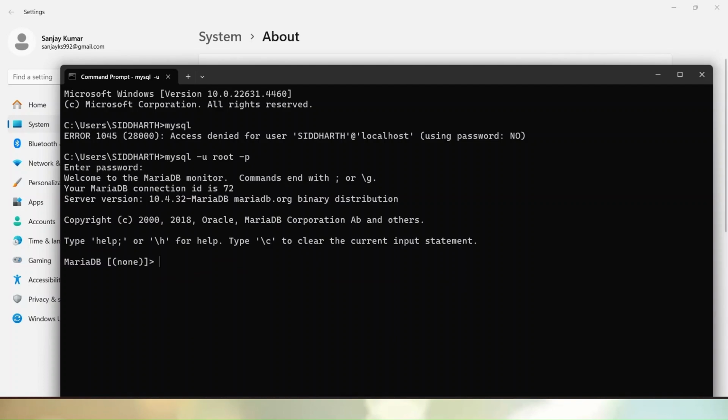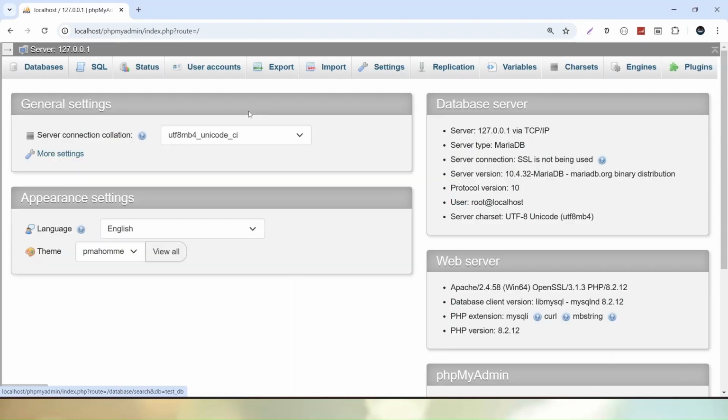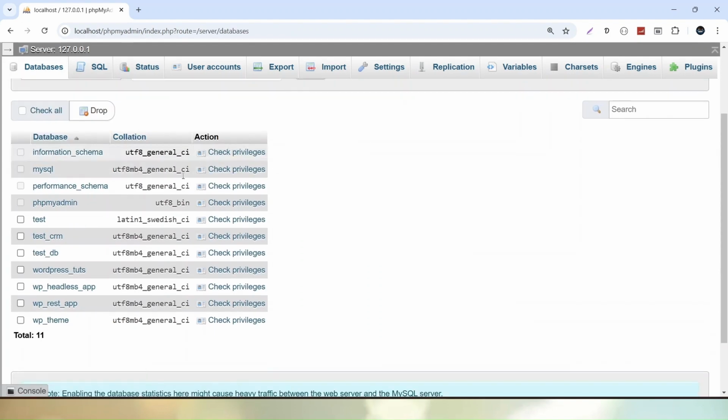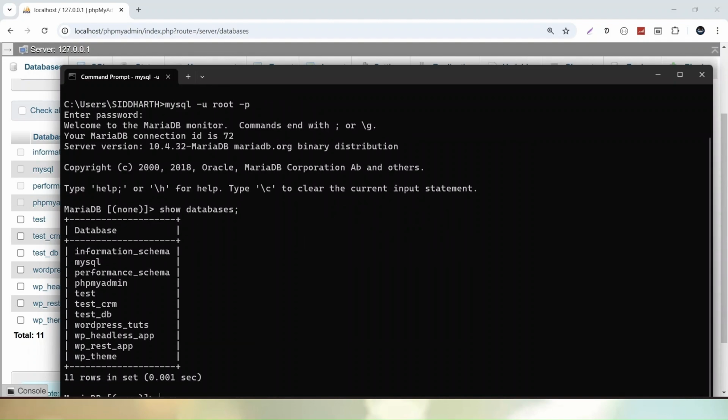into the MySQL console. Now after getting console access, let's try our first command. If I go into phpMyAdmin, click on localhost and click on databases, you can see that currently in my system these are the databases. For example, I want to list all these databases right here inside this console. So what is the command? Simply show databases, put a semicolon, hit enter, and you can see that it has listed all the databases currently available